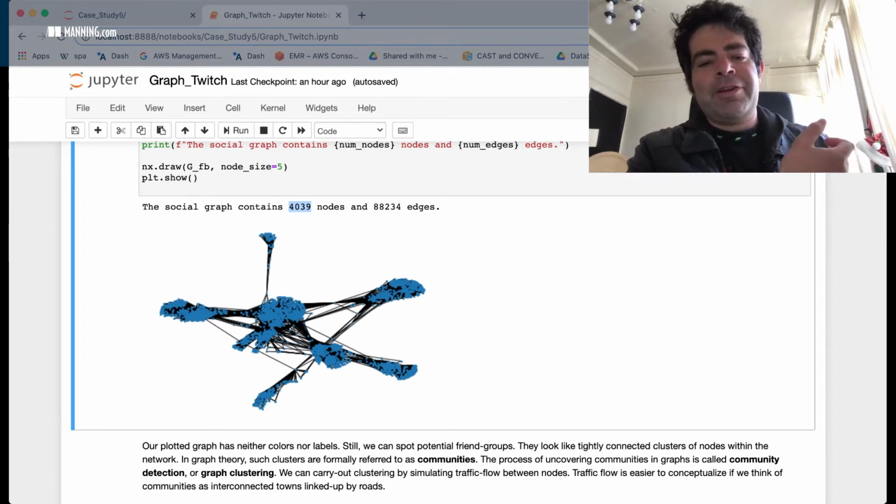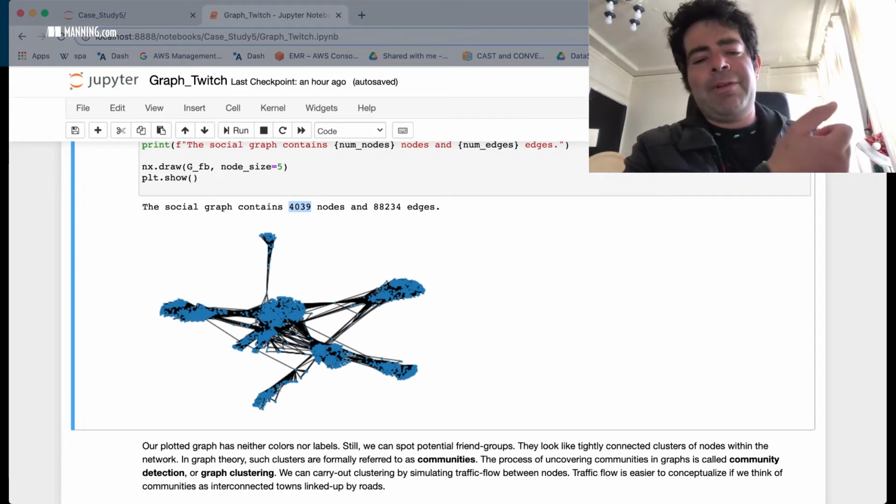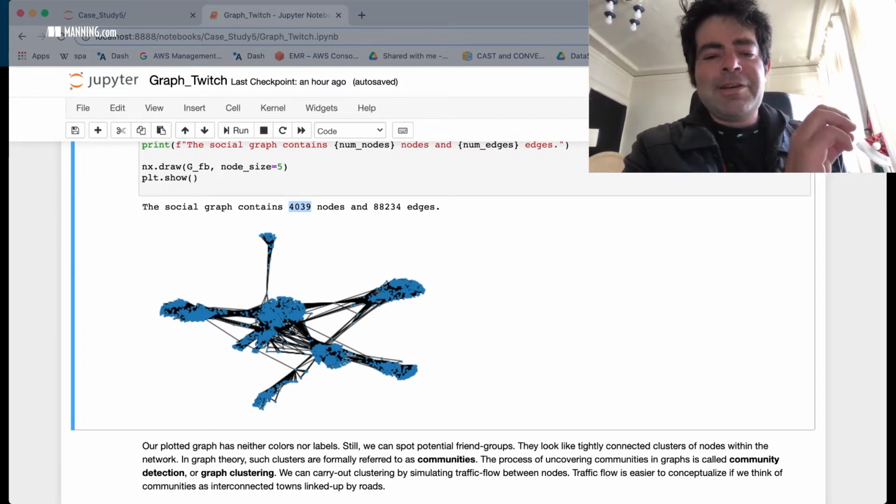Well, we can imagine traffic as being the flow of text messages between friends or interactions in real life, but it's still a bit of an abstract concept when applied to the friendship space. So to make this analogy more clear, we're still going to do community detection using traffic, but instead of looking